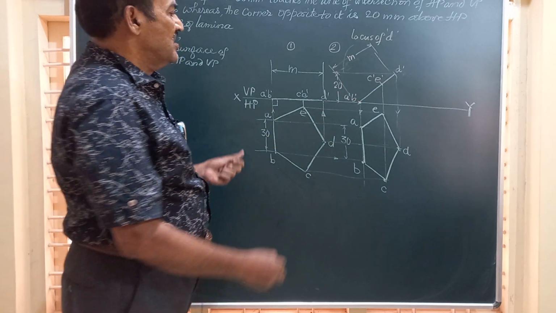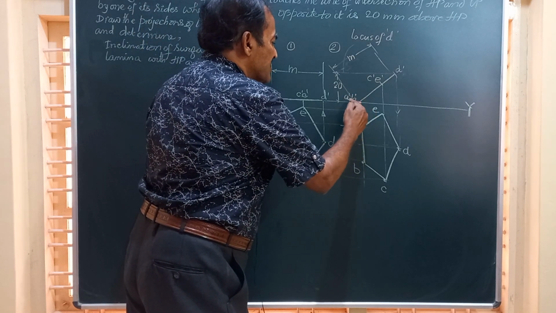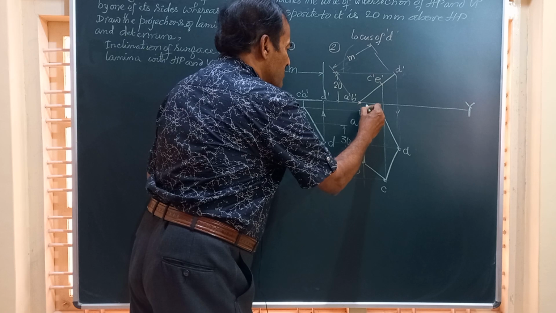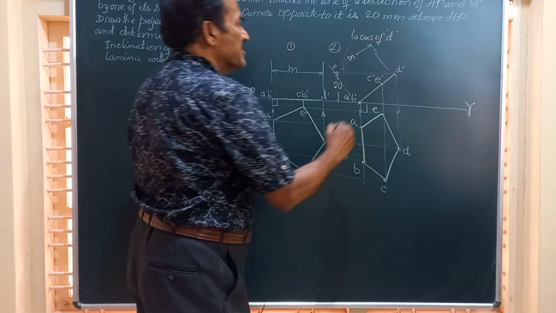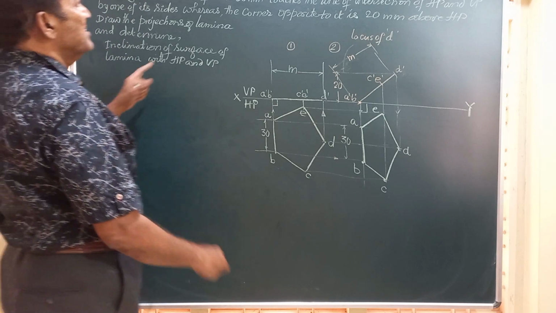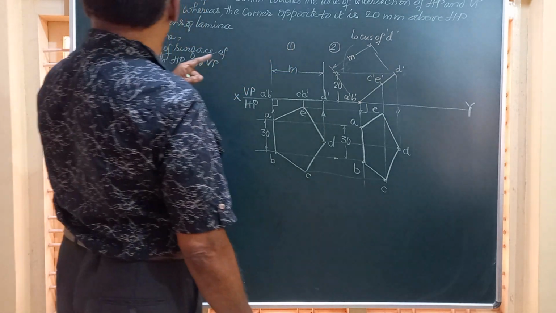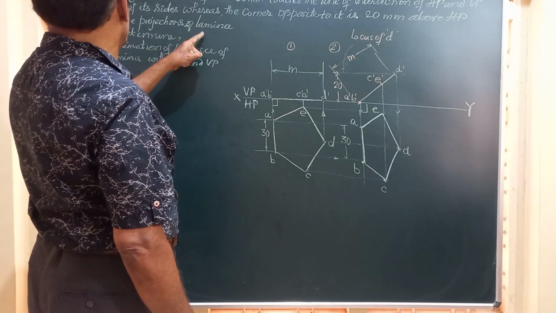Now friends, you see that the side AB on which the lamina is resting is normal to VP. This is perpendicular to VP. But it said in the problem that the corner opposite is 20 above HP, draw the projections of the lamina